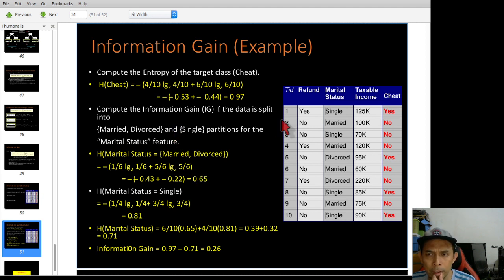Now you want to determine the entropy for marital status. You decide to have two groups. One is married and divorced, and the other one is single.